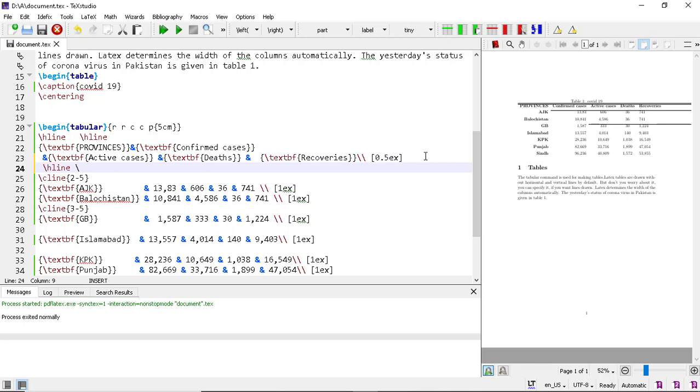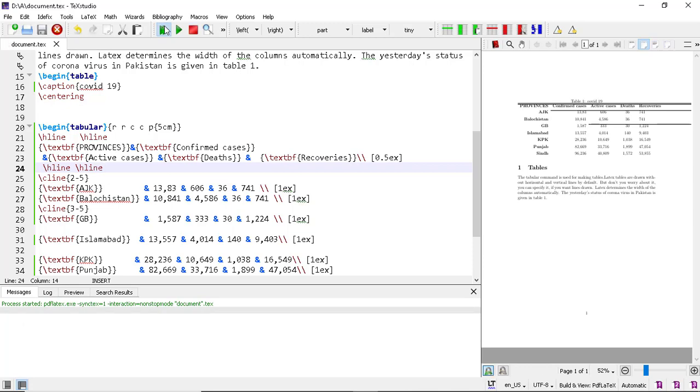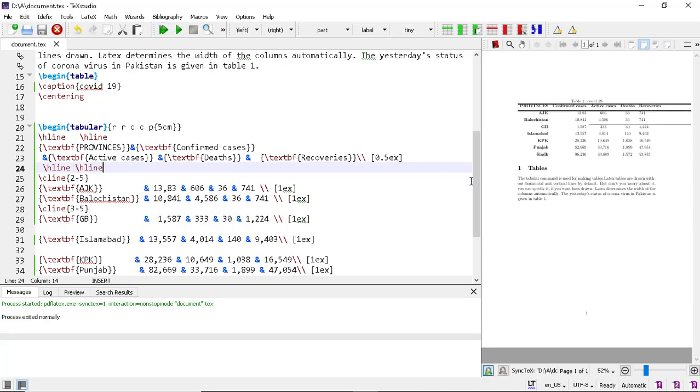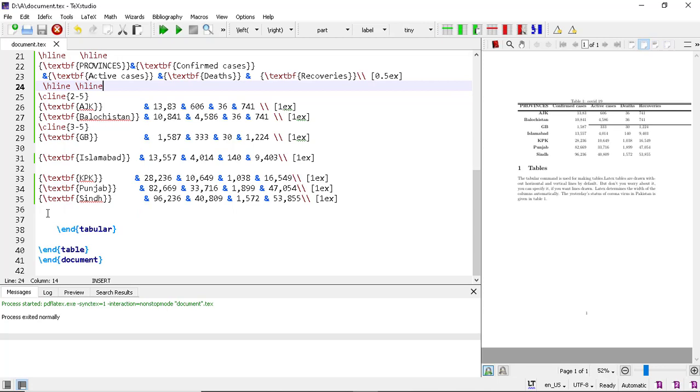Slash hline, and we want double hline here. And at the end of the table you can also have a horizontal line, so put the slash hline command.